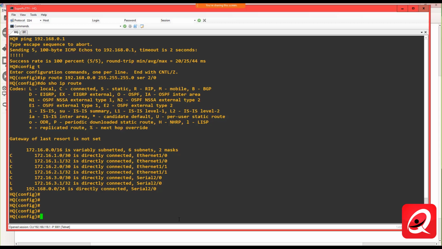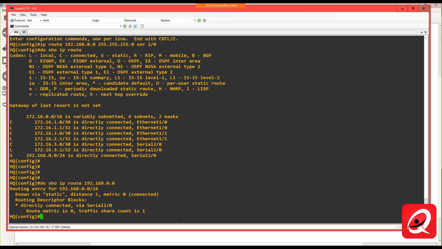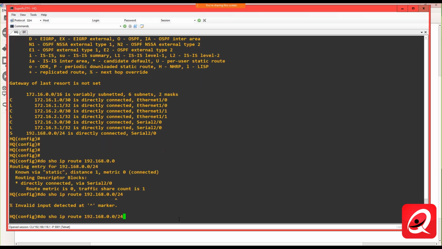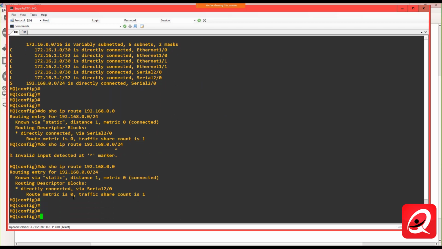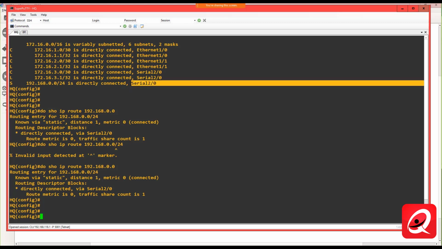And that's another concept we'll talk about in a little bit, because the static route takes precedence. If I do a show IP route 192.168.0.0, I can see that the metric is 0, but the administrative distance of this route is 1. So the static route takes precedence over the EIGRP route because it has an administrative distance of 1. I'm going to talk more about that in a little bit. The point is that the static route is entered into the database because serial 2.0 is in an